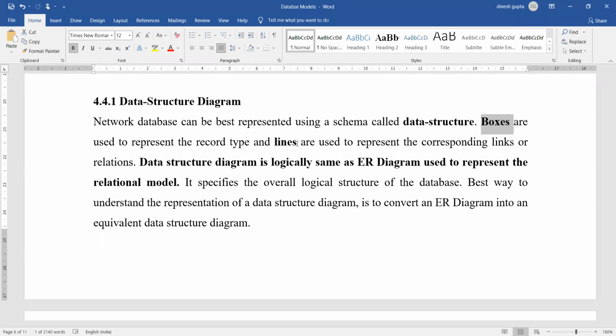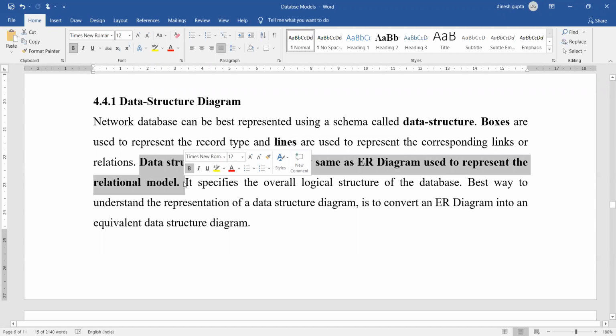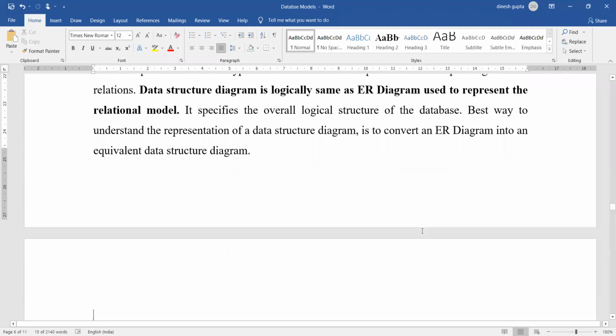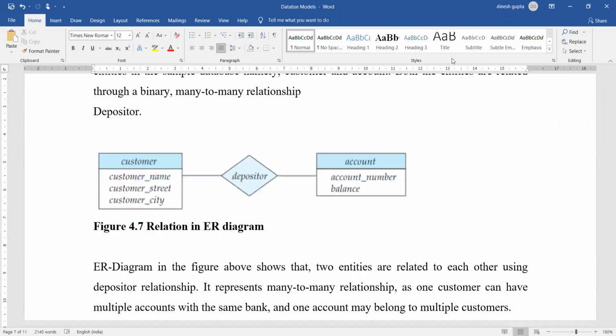Next are lines. Lines are used to represent the links or the relationships. And the most important thing that I am highlighting again and again is that the data structure diagram is logically the same as the entity relation diagram that is used to represent the relational model. So let us start. You can see this figure right in here. This figure represents two entities.